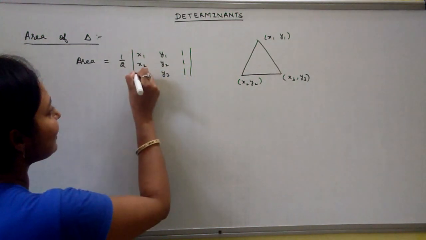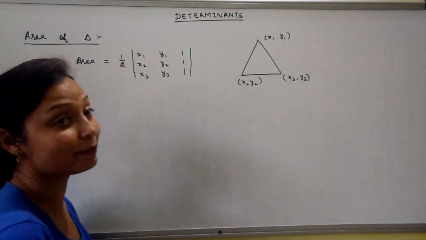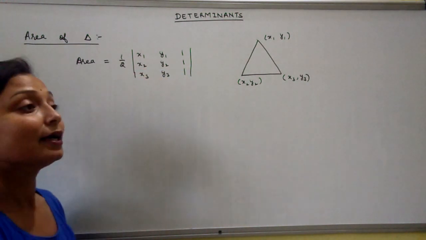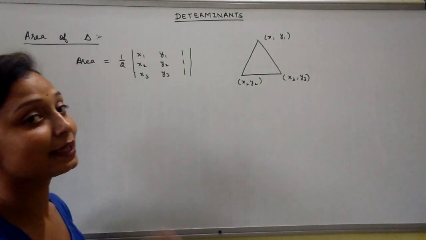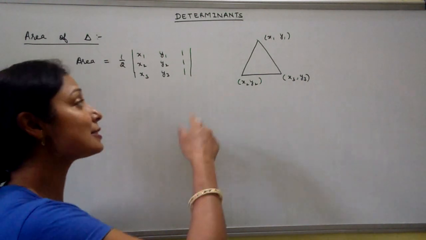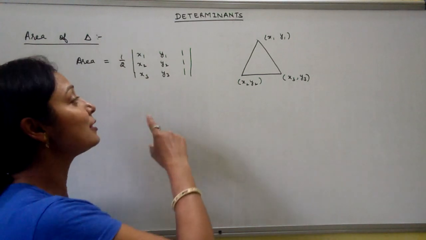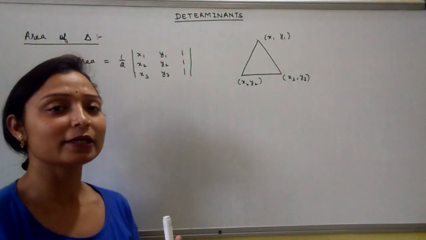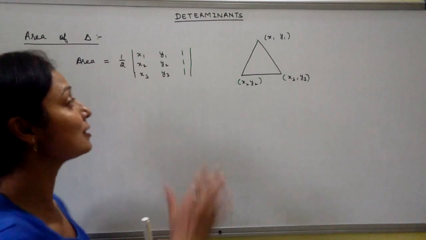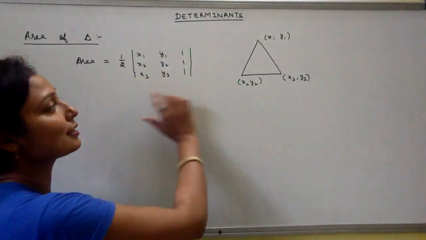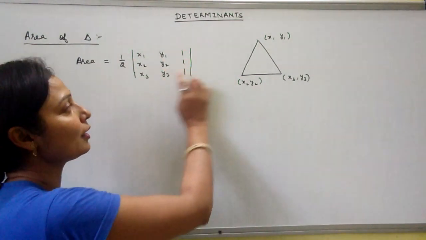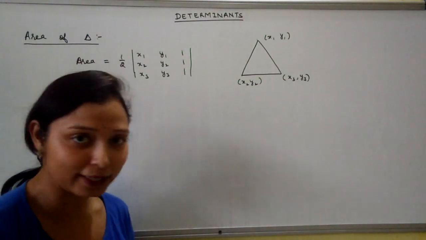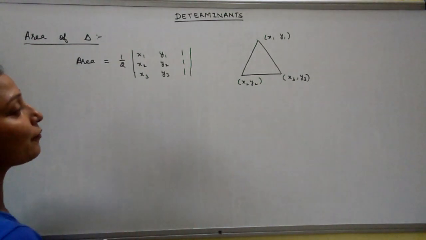In class 10th, we have coordinate geometry. In that, we have already done this area of triangle, but that is not using determinants. This is by using determinants. For this, in a determinant, we want a square matrix. So this is not a square matrix. To make it a square matrix, we put 1, 1, 1 along with the vertices. Okay. Now, how we can find the area?